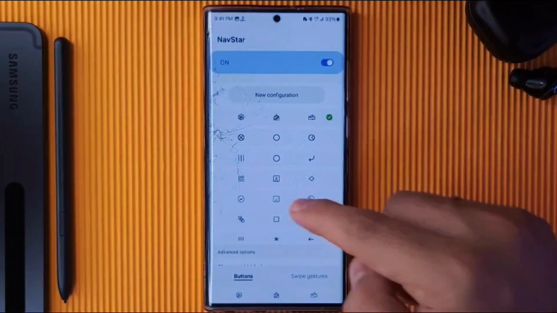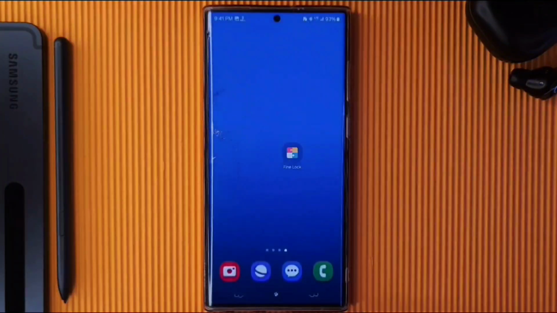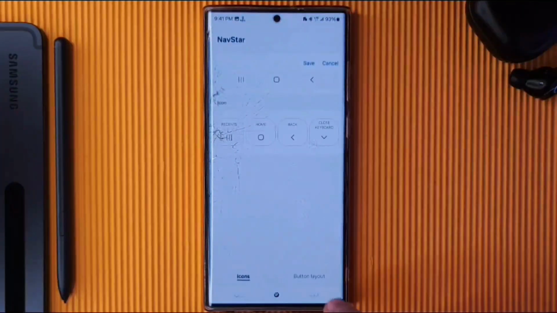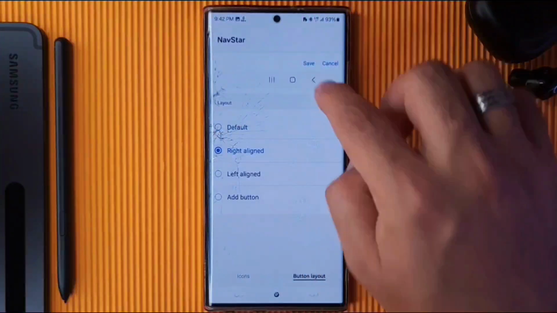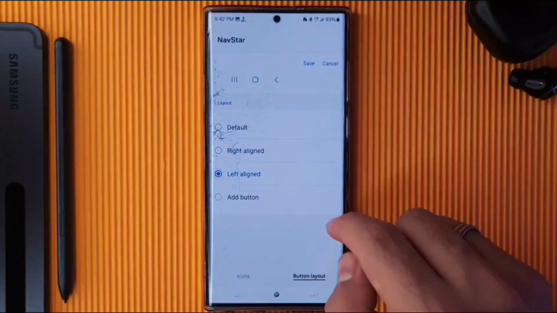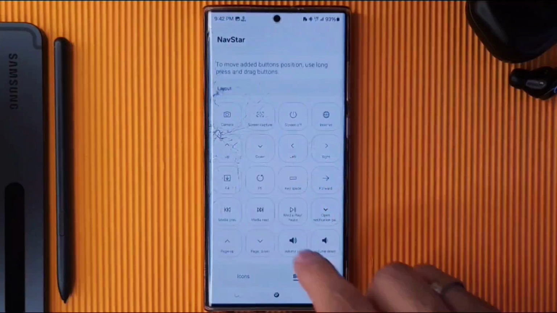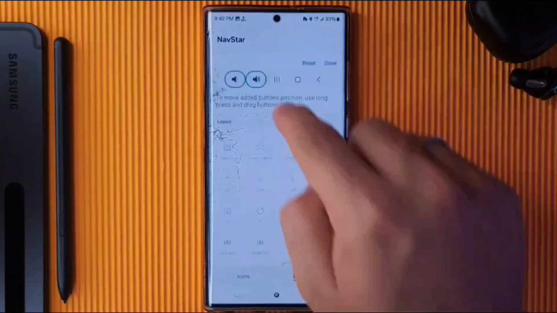Now save, go down to see my design, choose, see, it's awesome. Or we can go to the button layout. I can move it to the right side, left side, or add button. For example, I put the volume up and the volume down. I can move it to any side,